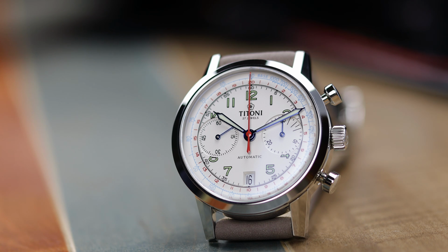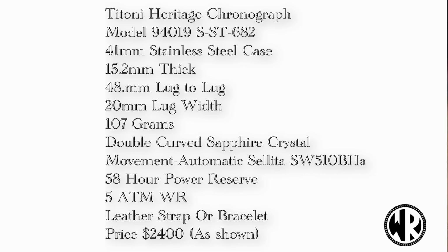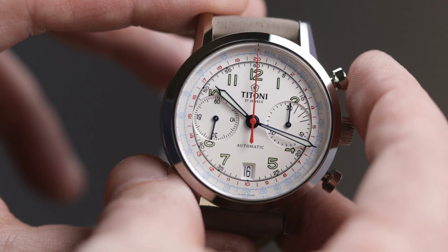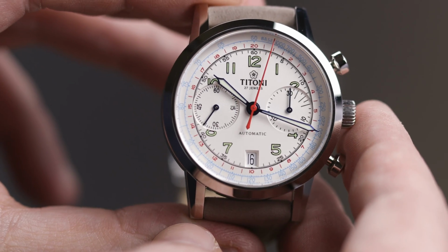On the screen, you will see all the specifications and price along with the very long model number, but this is a Solita movement based on the 7750 architecture and works pretty much just the same. Just like most bicompact chronographs, the 9 o'clock subdial is your running seconds, your 30-minute counter is at 3, and of course hitting the top chronograph pusher starts and stops the central chronograph seconds, and hitting the bottom one will